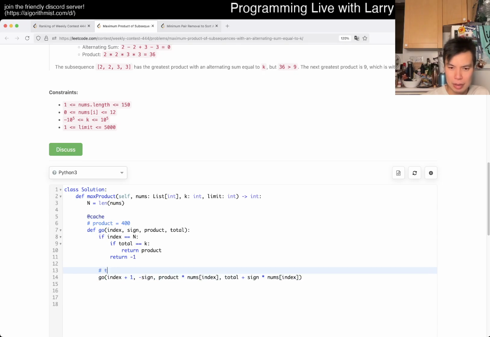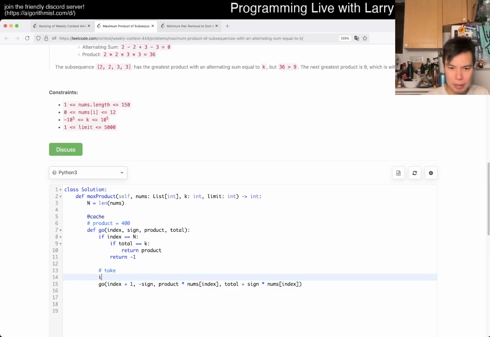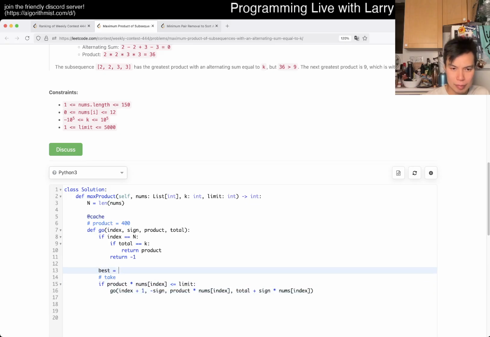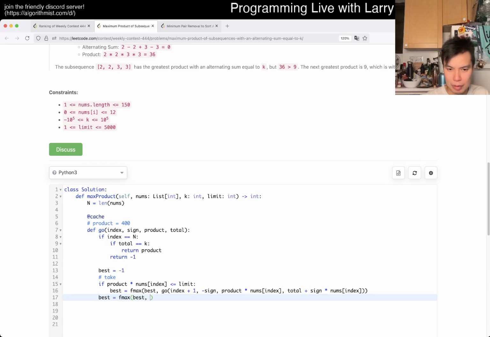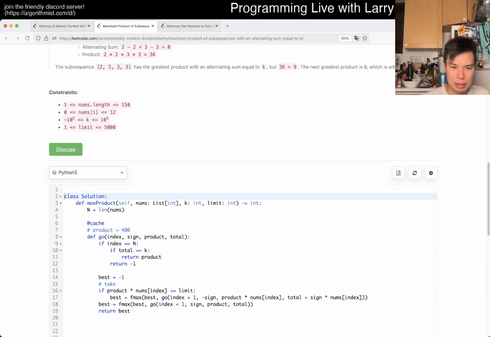Right, so tick, if product times num sub index is less than or equal to limit, right? Okay, and we call this, then now we go skip, which I guess is just the same. I guess that could have been a default case, but